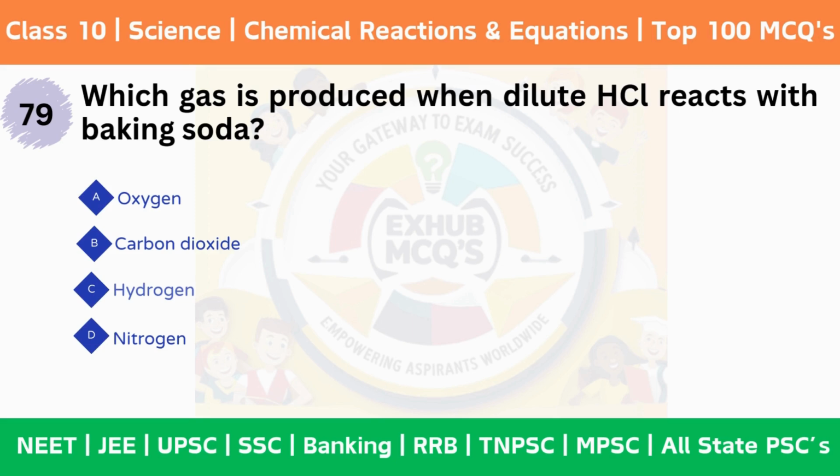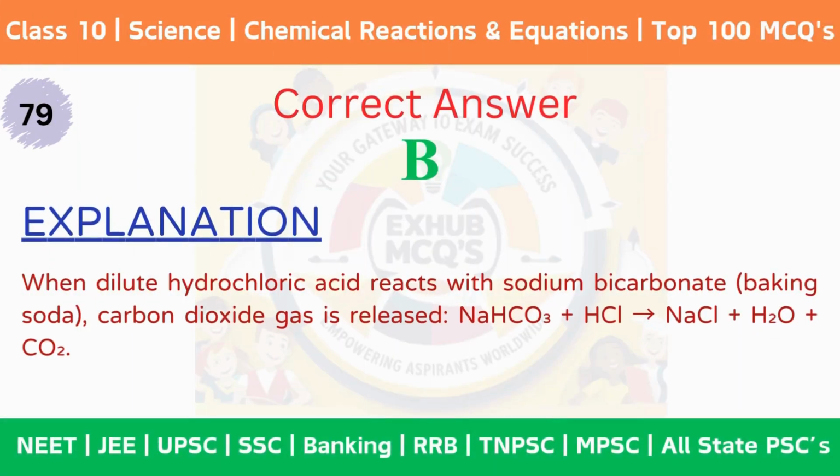Option A, oxygen. Option B, carbon dioxide. Option C, hydrogen. Option D, nitrogen. The correct answer is option B, carbon dioxide. Explanation. Baking soda or sodium bicarbonate reacts with dilute hydrochloric acid to release carbon dioxide gas along with water and